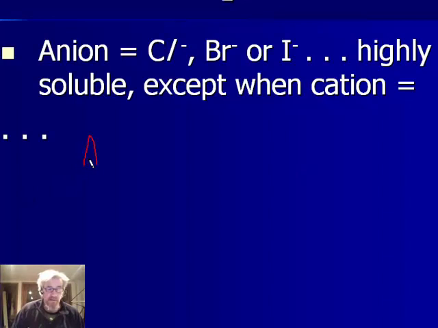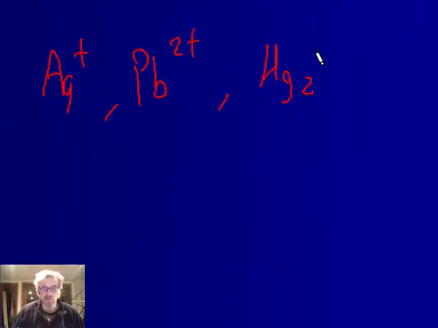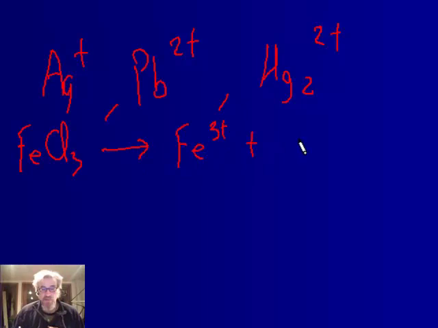be Ag+, lead 2+, or a polyatomic cation called Hg2 2+, mercury 1, that's called. If those are the cations, well, then it's not going to be soluble. So, for example, if I had iron 3 chloride, FeCl3, that's not one of my exceptions, so I put that in water, it's going to split up to iron 3 ions and chloride ions. But if I had AgCl, put that in water, nothing happens, because silver is one of our exceptions to the